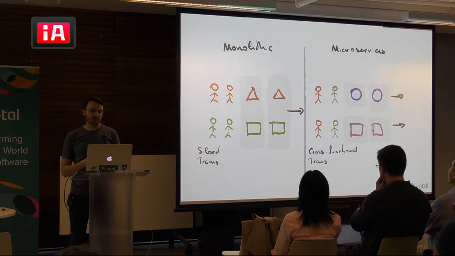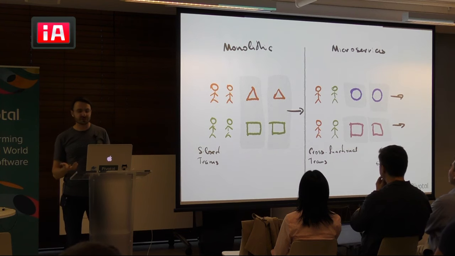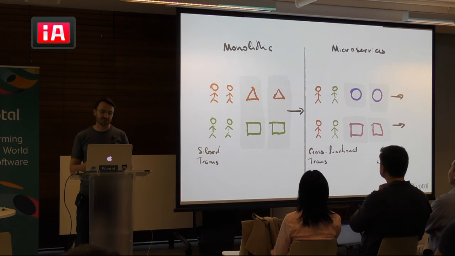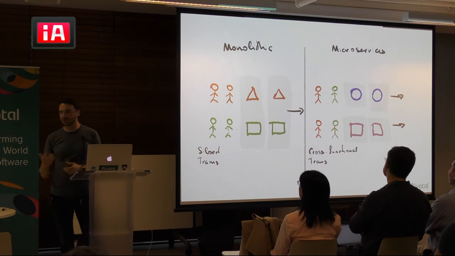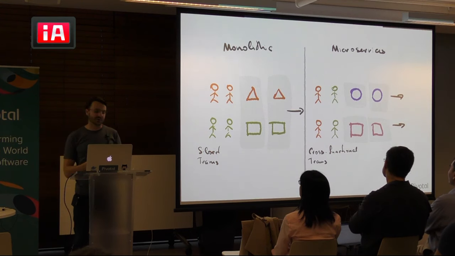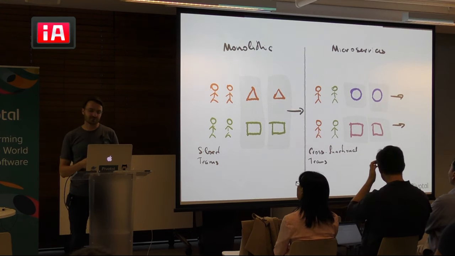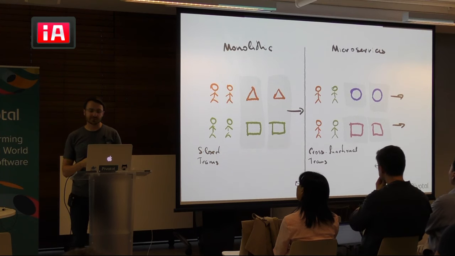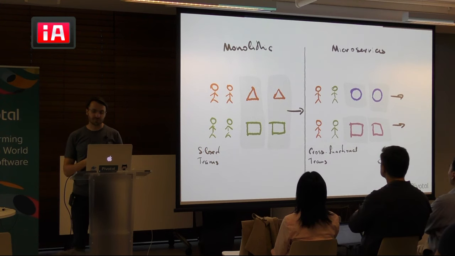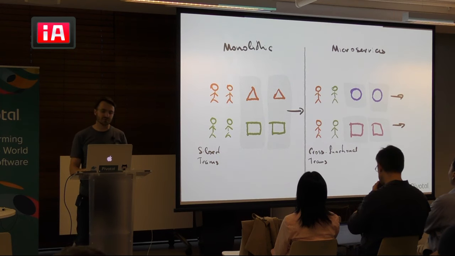So monolithic applications and microservices, silo teams, and cross-functional teams as well. So there's been numerous research done that sort of shows that cross-functional teams tend to perform better and they tend to produce faster results. So you have continuous delivery, sort of things, so continuous iteration is the goal.